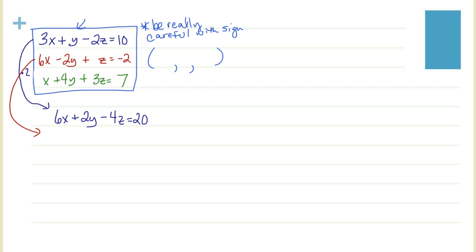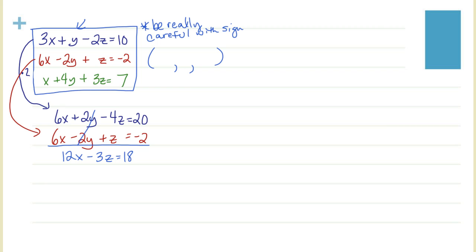Okay, so we got 6x minus 2y plus z equals -2. So that one we didn't change. Now that we have that, we can do our elimination. We don't have any more y's. We have 12x minus 3y, or z, equals 18. Okay, what we're going to do is do that again, to get another 2 by 2,